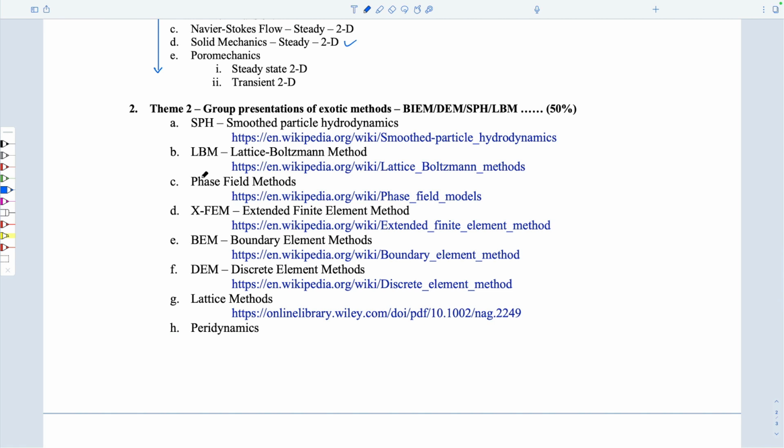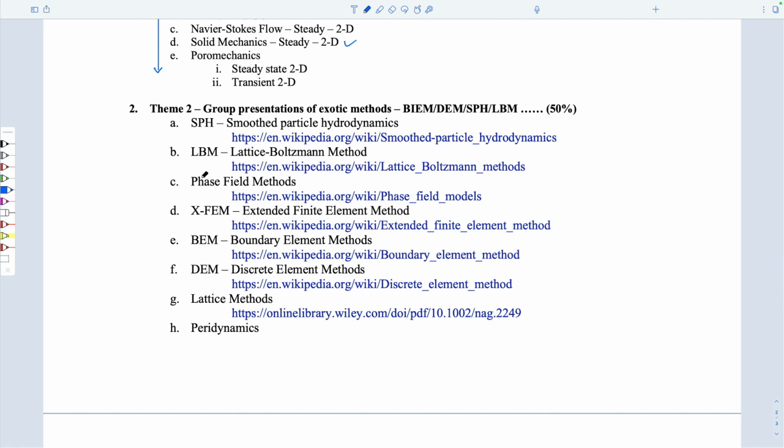Lattice Boltzmann methods divide a domain into a very fine lattice and then solve between individual nodes. Typically it's used in looking at porous flow, say in CAT scan experiments. You divide the porous medium that you see in the CAT scan into voxels, and then you divide them finely to look at Navier-Stokes flow within those capillary tubes and porosity, and be able to solve for flow within the